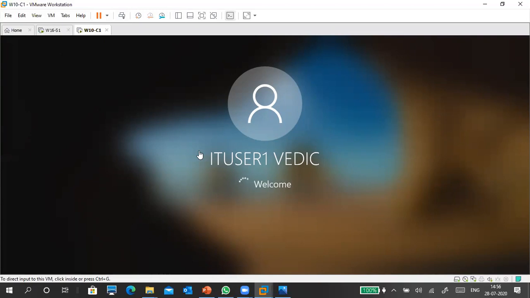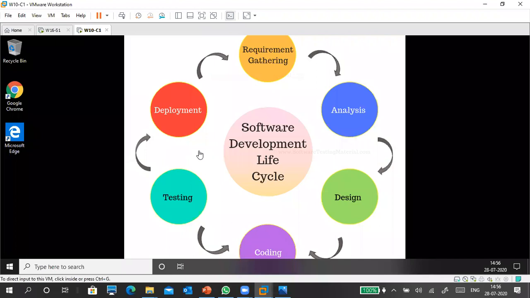Last minute tension, guys. We have 1 minute to disconnect. Once it is disconnected, connect again. Take a 5 minutes break and then connect. Come back at 2:05. 5 minutes break. Okay.